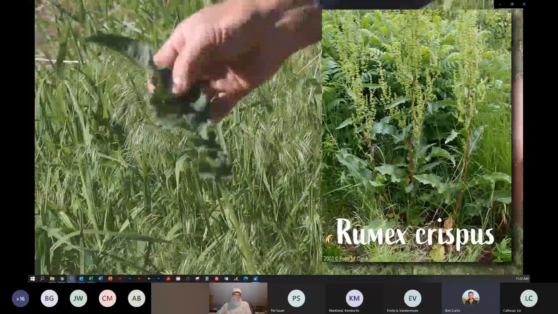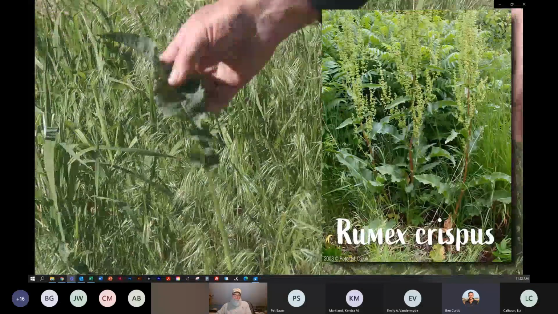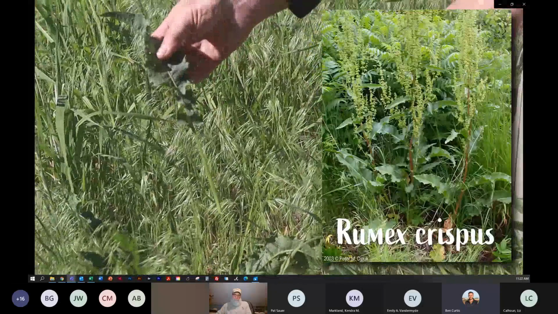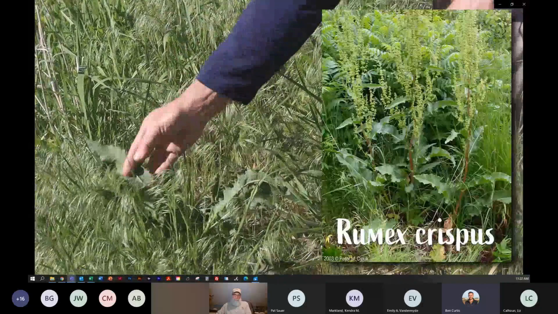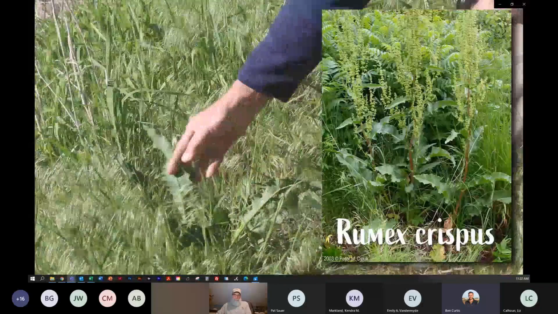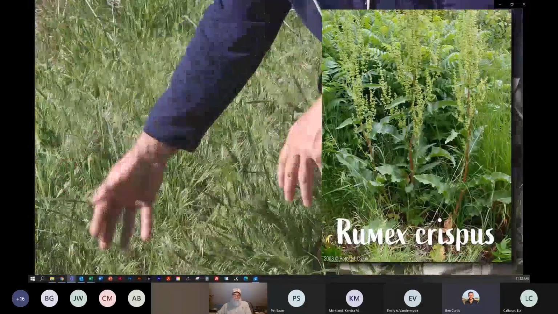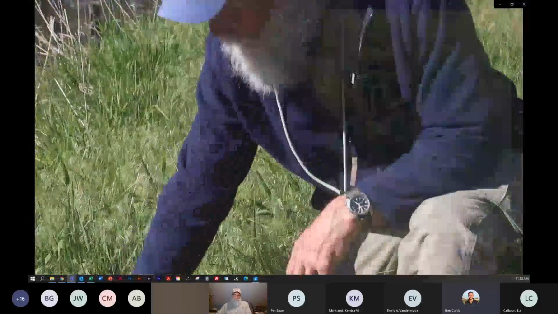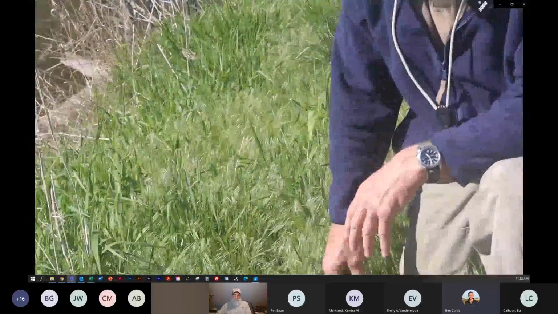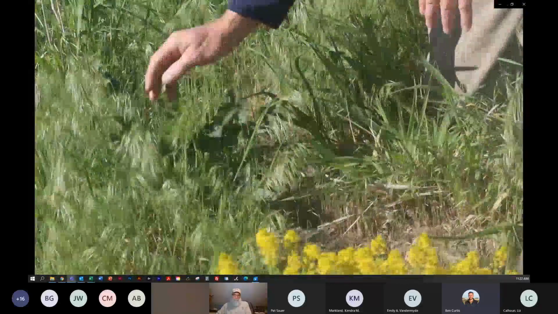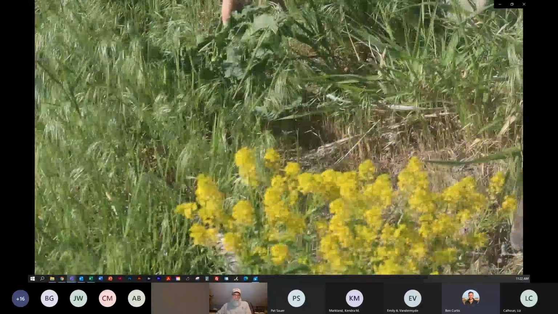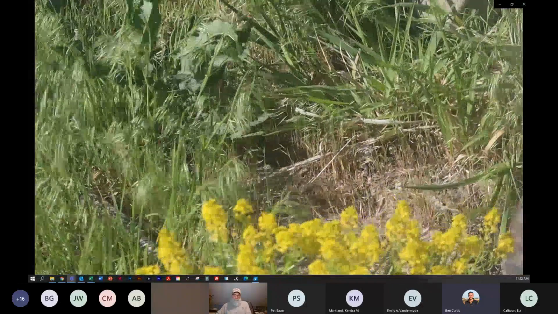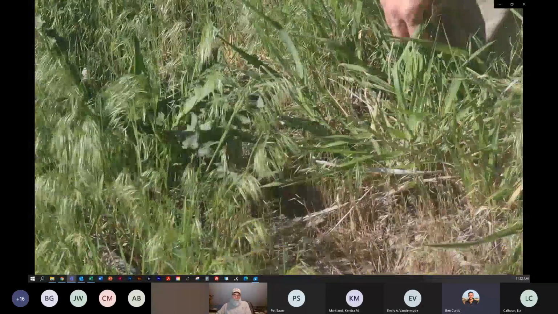It is somewhat of an invasive species, and in some places I think you could argue that it might be tending to be that way. This is just in the vegetative state here, of course, and it's too early to see any of the flowers or fruits yet. But it's pretty distinctive in the form of that leaf and the curly, wavy margin along the leaf edge there. So it's a pretty easy one to learn.